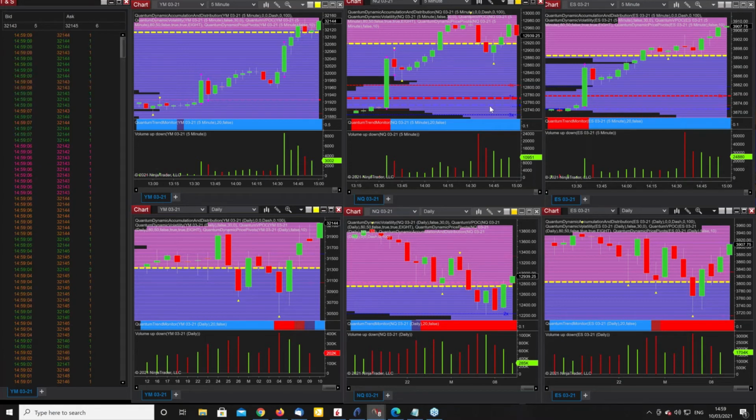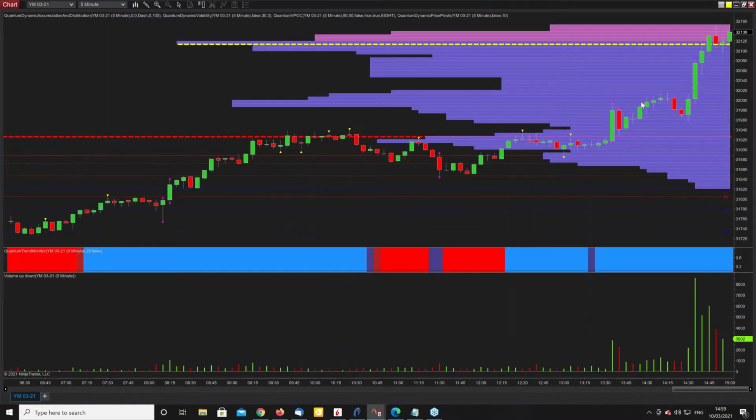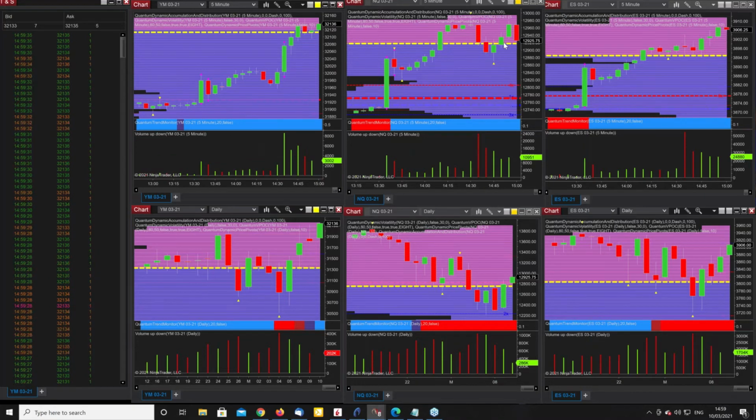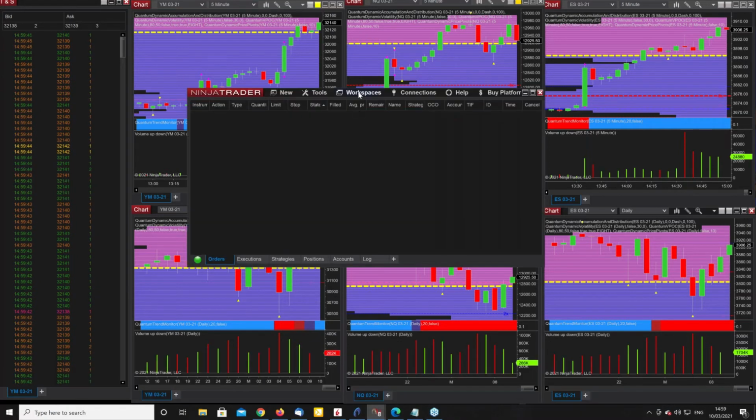So that's where we are at the moment. As I say, you can see we're at the VPOC, certainly on the YM. Usual surge in volume, which came in a little bit after the open here. Volatility candle, we've gone through there, we're up to the VPOC now, and it's a question of waiting for either the congestion to break, or for the congestion to come, which is what we expect to see. We're seeing it on the NQ. The ES has actually broken away from it, but we'll see if it comes back to that or continues on higher. So that's where we are in terms of indices.